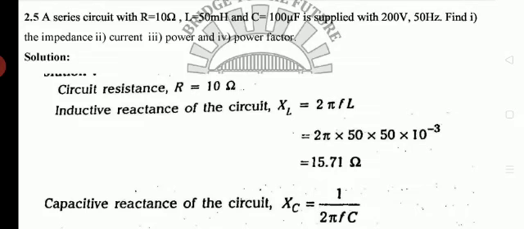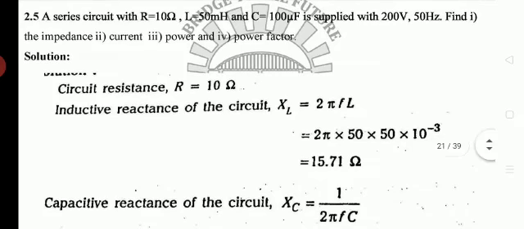So what is asked, first one impedance you have to calculate. Impedance is Z equal to square root of R square plus (XL minus XC) whole square. What components do we have in the problem now? R we have, XC we need, XL we need. But in the problem, R is given, L is given, C is given. They have not given the reactances directly, but they have given inductance and capacitance values.